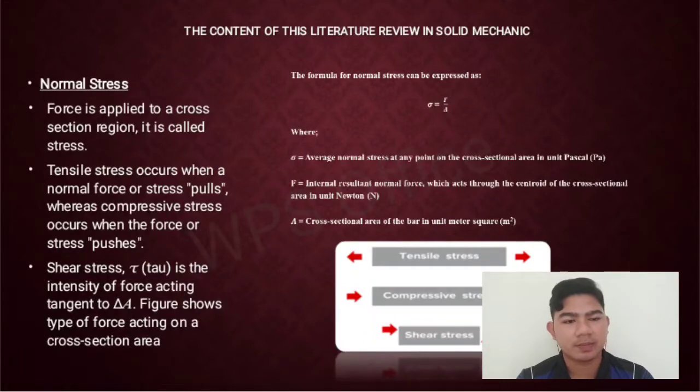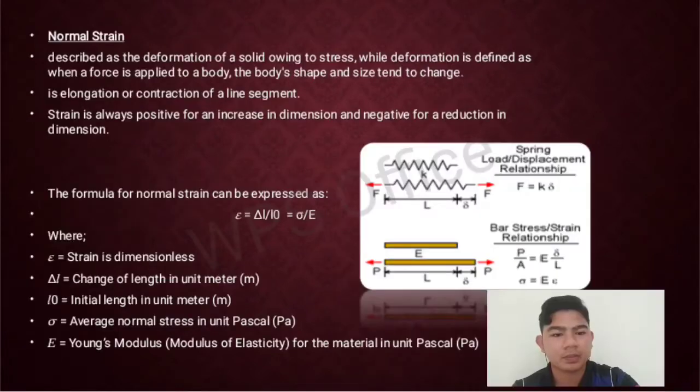The figure shows the types of force acting on a cross-section area. The formula for normal stress can be expressed as average normal stress equal to internal resultant normal force over cross-section area of the bar. Next,